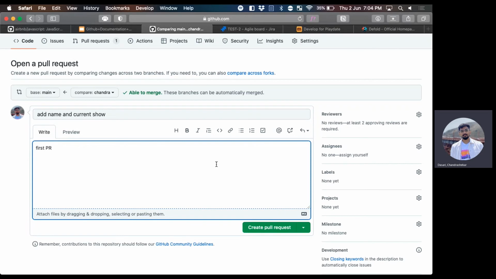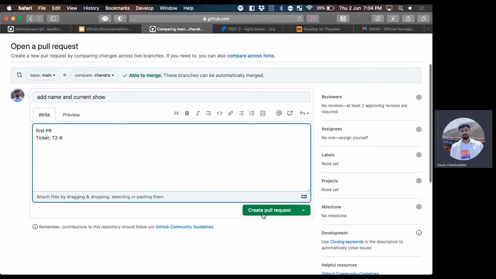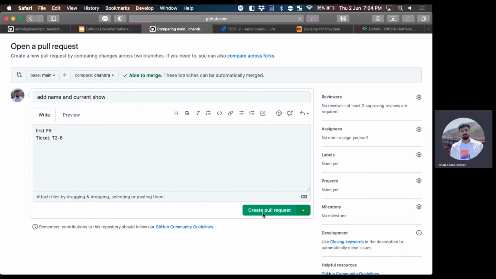You can add some more details to it. Like if you're working with Jira, you have to put what the ticket is. So the ticket could look something like this. It's like an ID for other people to reference so they know what you're working on. And you can give additional details like how to run it. Anyway, after you put all your information in there, just do create pull request.